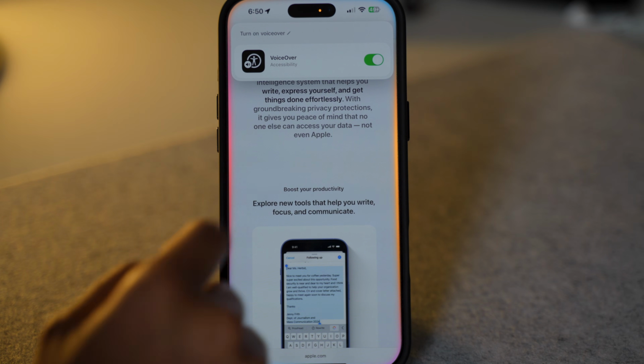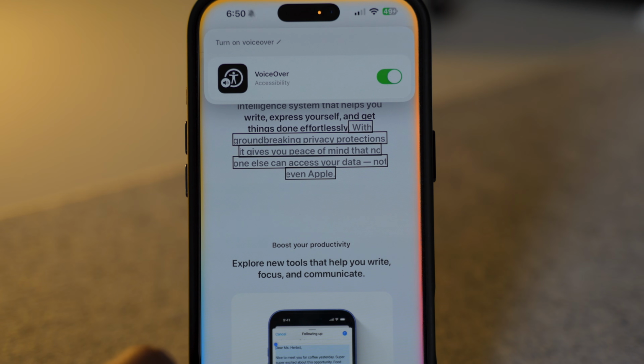it for me. With groundbreaking privacy protections, it gives you peace of mind that no one else can access your